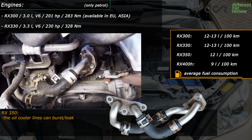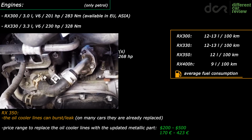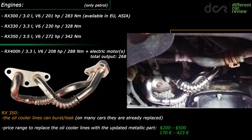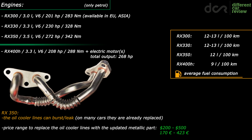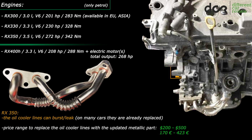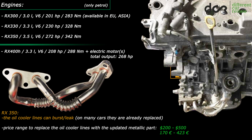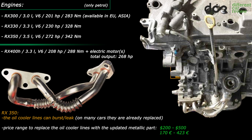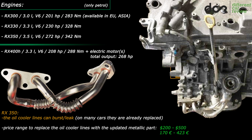a completely destroyed engine. Interestingly, Lexus also realized that using rubber lines is not the best idea, so there are also the updated metallic pipes available. Sadly, they realized this issue way after the production of this RX ended. But at least replacing the pipe assembly is not hard, and actually it was already replaced on plenty of these cars since this oil cooler line was covered by a 10-year extended warranty, and in Canada there was also a